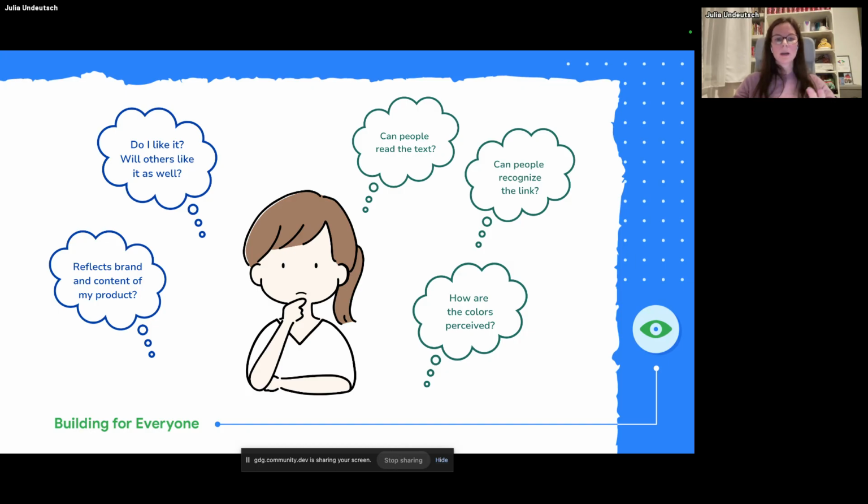So I always see the colors very rich and clear, but this does not mean that the person has the same setup as I do. So maybe they have an old laptop and do not perceive the colors as I do. These are things we should also consider besides whether we like the color combination or not.